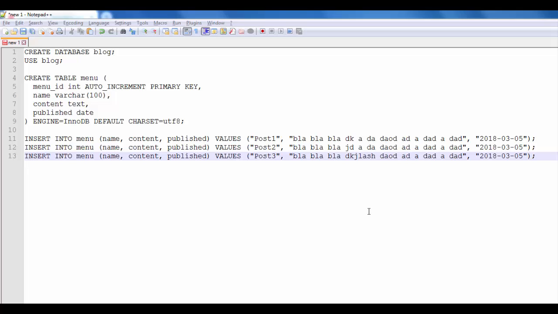Open Notepad++ and type this SQL script. Create database blog, semicolon. Capital letters mean that these are orders, built-in SQL orders. Use blog